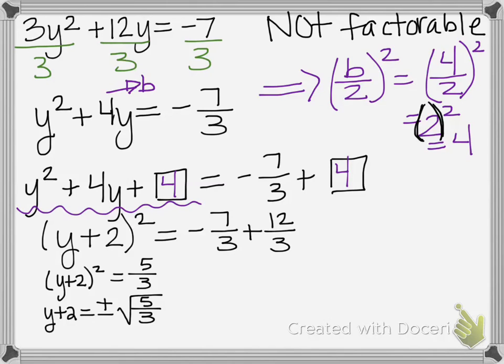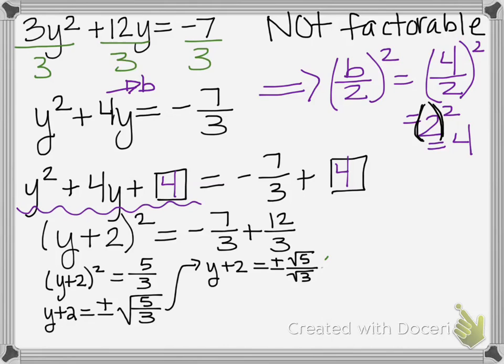Now, we want to rationalize the denominator here. We don't want to leave the square root of 3 in the denominator. So I have y plus 2 equals plus or minus square root 5 over square root 3, using my quotient rule for radicals. So to rationalize this denominator,